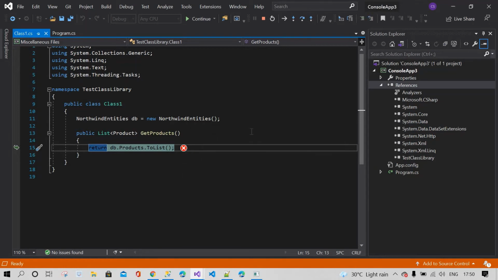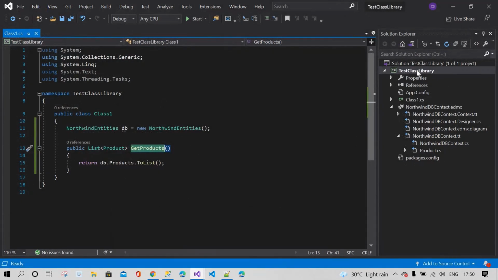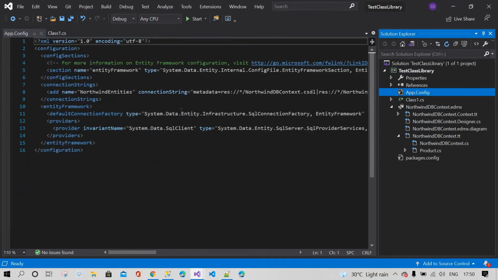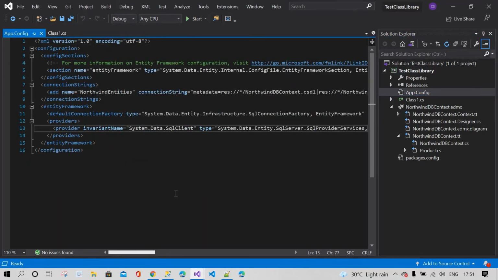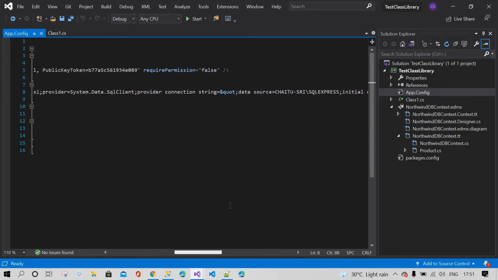It means you don't have a connection string in the application config file. We will check whether we have one. In this test class library, go to app.config. You can see a connection string is already there.